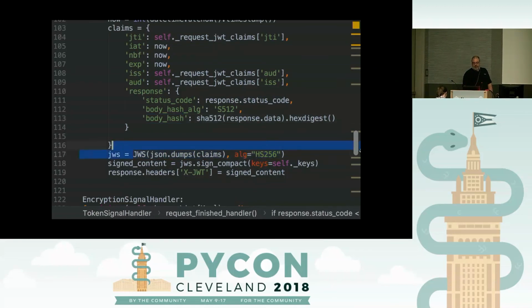We create a JSON web signature, which is all a JSON web token is: a JSON web signature with a defined payload schema. A JSON web signature is a piece of JSON, your header, which defines your signature algorithm and your key ID. Sorry, no issuer, just the key ID. The third part is the signature, and the middle is a piece of JSON that it's just signing. And we do a compact form because you can actually just spit it out as JSON, but it's pretty ugly and